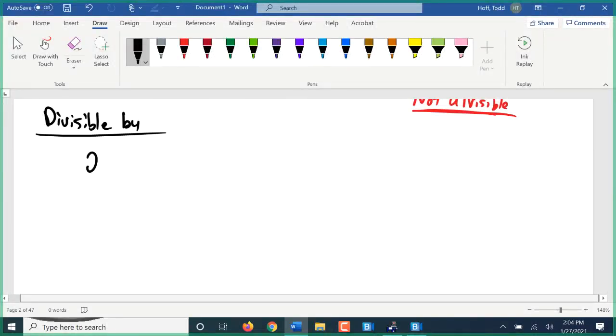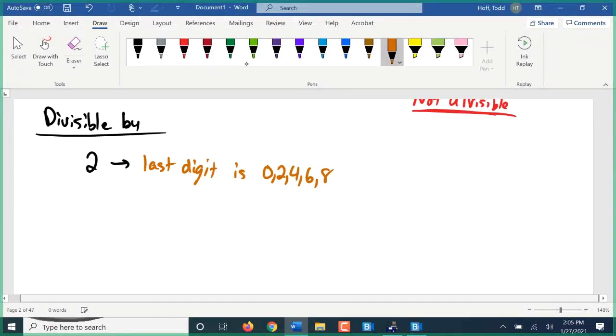If I look at something and I want to divide it by 2, how do I know if it's divisible by 2 rather quickly? Even number. If it's an even number. And to define even a little bit better, the last digit is